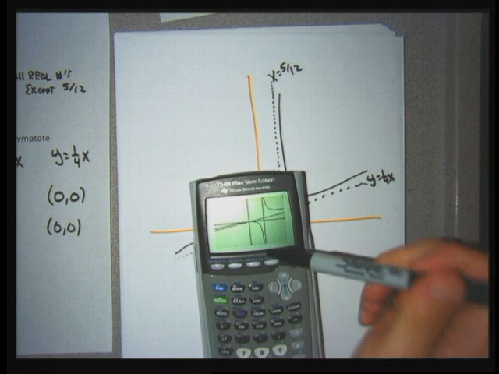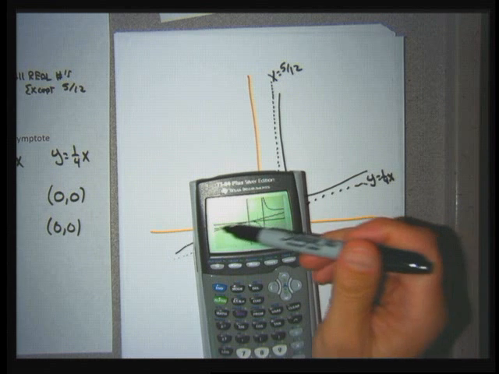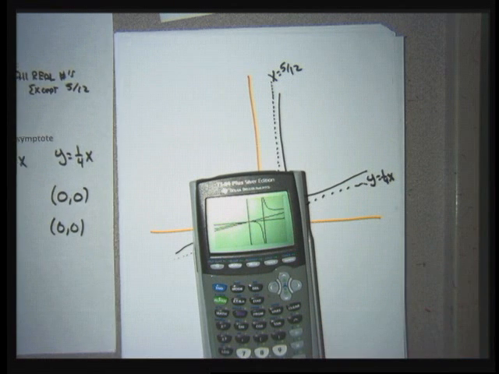But now you can see the graph actually crosses that slant asymptote and then gets drawn to it, and then up here it just kind of stays away from it. So again, there isn't a perfect window, especially with our graphing calculators. Using a computer program, you just get better pictures, and for whatever reason, it is what it is, but it's